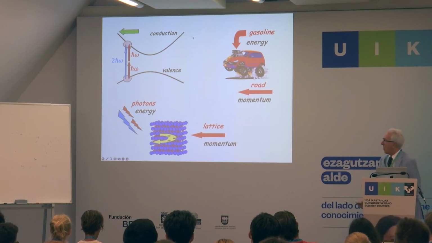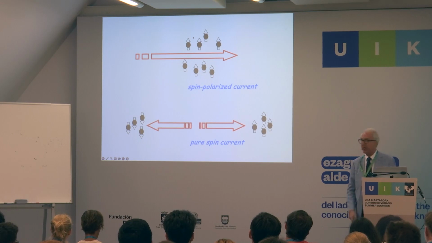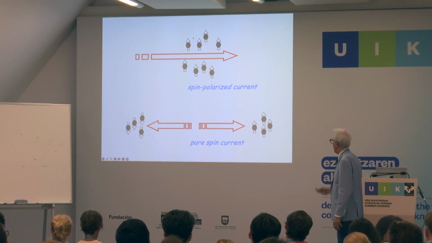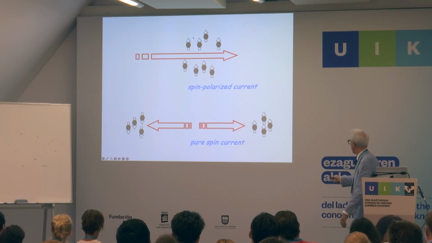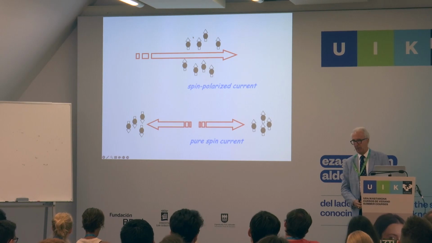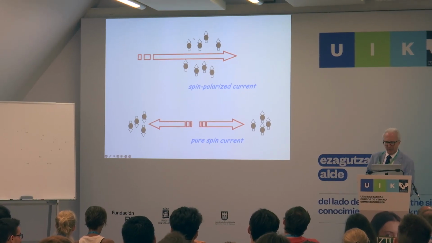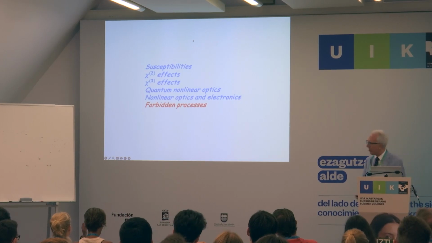By playing around with these kinds of interference effects, you can inject a spin polarized current, and you could also inject a pure spin current, where spin ups go in one direction, spin downs go in the other direction. But I have just a few minutes left, so let me finish up by talking